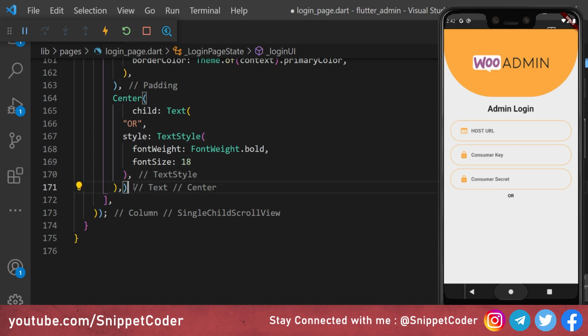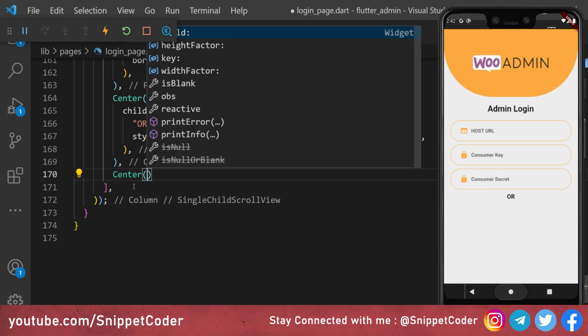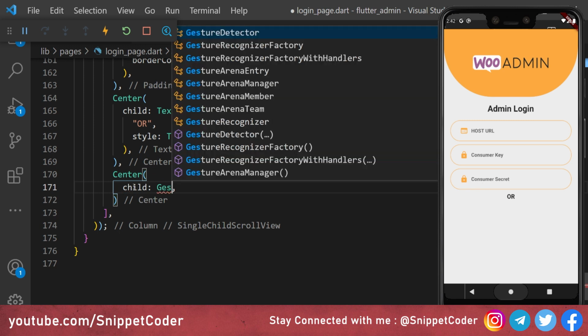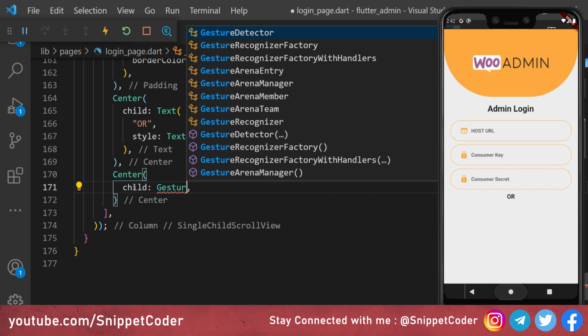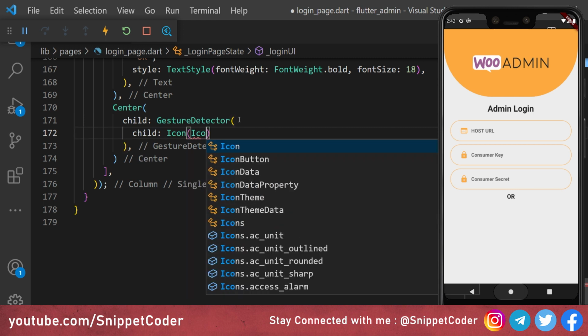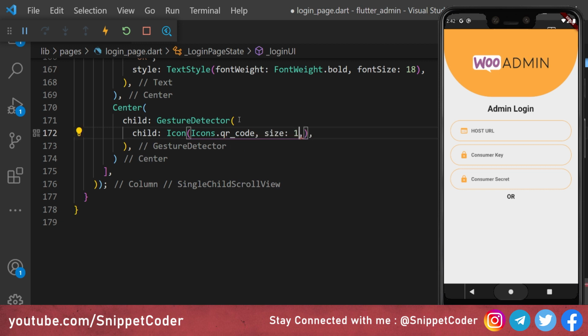So now we will put the icon here for the OCR and all, and here we have that Center widget, and here we have the child, and we are using a GestureDetector for the on clicking event for our icon. And here we have the child, and we are using Icons.qr_code. Then we have the size, and we are using 100.